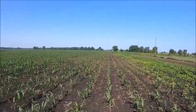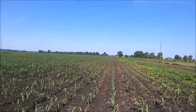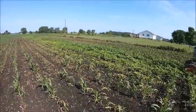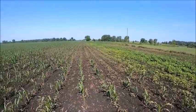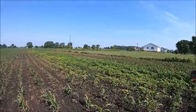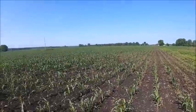Finally gonna finish up spraying corn today. All I got left is this right here. As you can tell, it's kind of hard to figure out exactly where I had to stop spraying last weekend. I'm gonna have to figure this out. But anyhow,